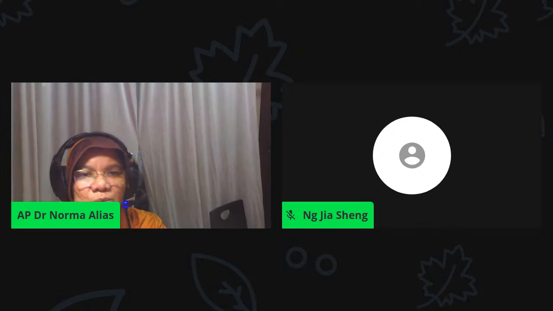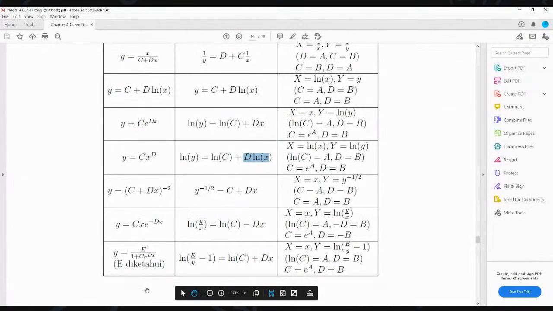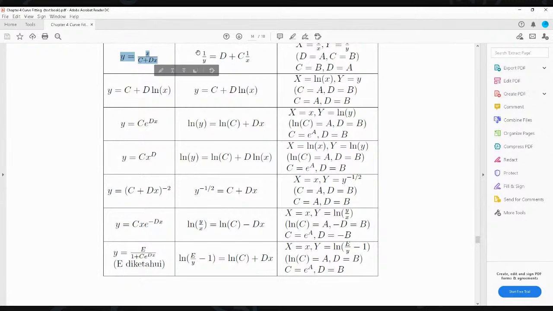Now I want to share the PDF file with you again. You can see here there are so many nonlinear forms, for example y equals x divided by c dx. You can also transform it to linear. y bar is 1 over y, a is d, b is c, and x is 1 over x. All right, so you generate the linear least square